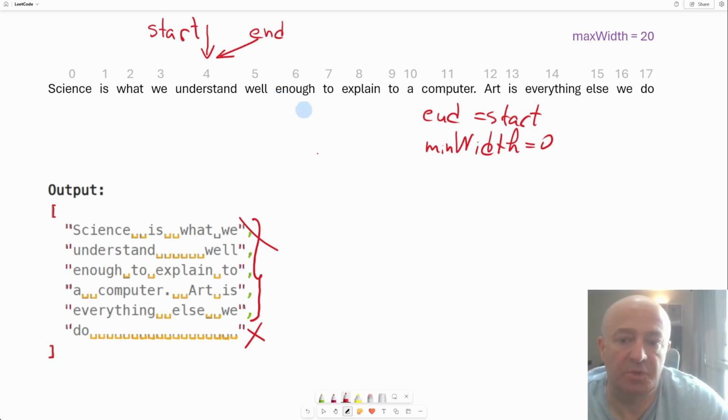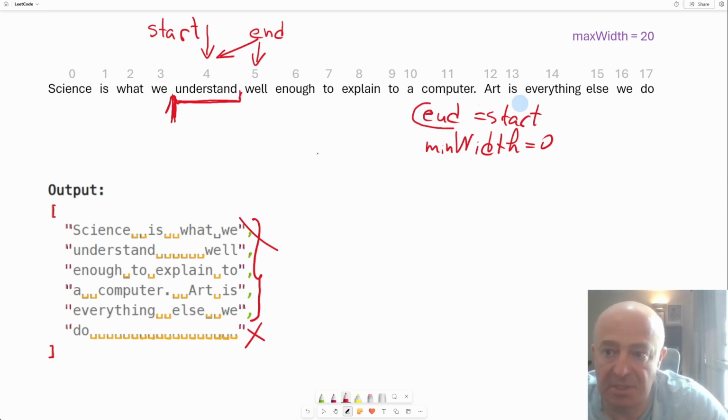But notice what I'm going to do. Before I can increment end, I have to calculate next minimum width. So initially my line is empty. It starts here and ends here. But if I were to move end here, that would mean now this would be my line. But before I can do that, I have to ensure that this next min width is still less than or equal to max width, right? So, I'm going to have next min width,